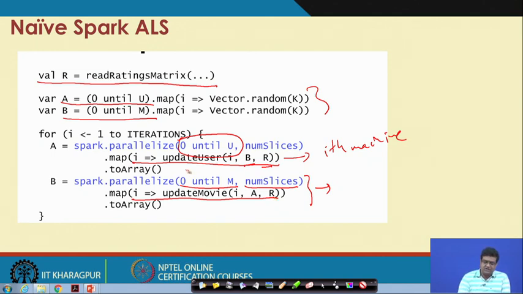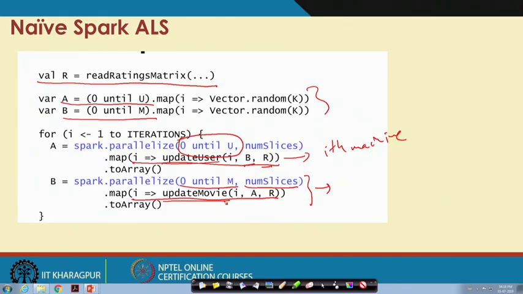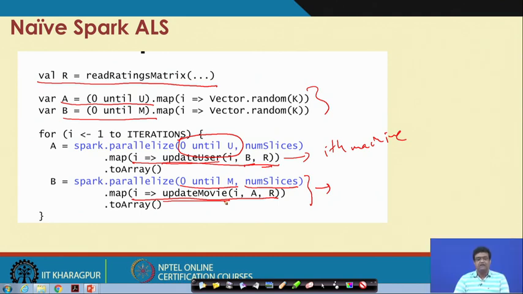So, both this update user and update movie functions are local functions which are running on each of these machines, and these are optimizing the vectors for this particular user or movie. Now, the problem with this implementation is that you are doing a lot of communication.